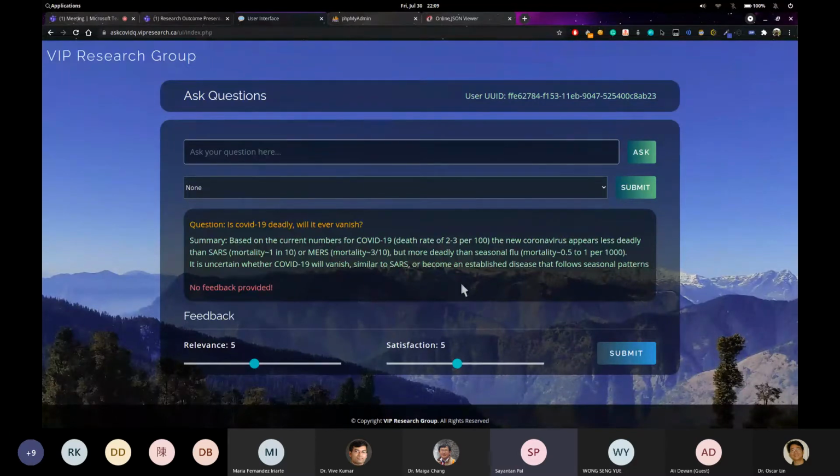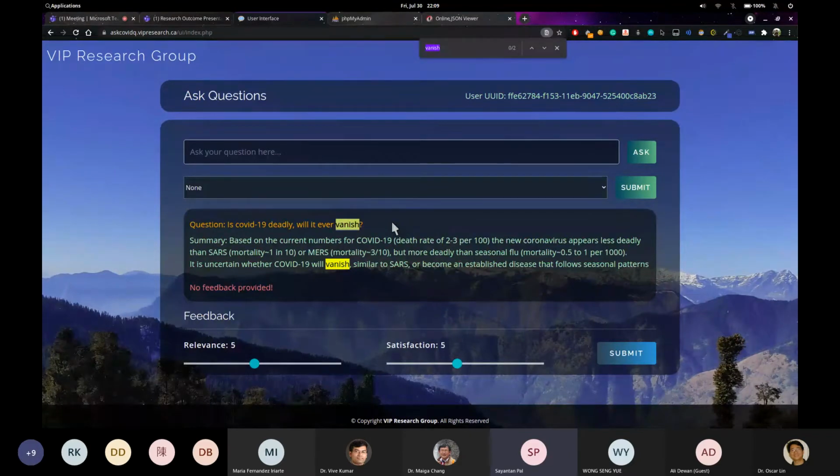So how did this get generated? Here you can see this word, deadly. You can see that the keyword has been found 2 times. Similarly, if we go for COVID-19, you can see that it has been found 1 time. I don't know why it is not taking it, but we can see that it has been found 2 times actually. So COVID-19 has been appearing 2 times. Similarly, vanish has also appeared 1 time. So this is the way it identifies the keywords, and then according to the keyword, it processes and generates the summary. This is just one of the questions, and it takes some time.